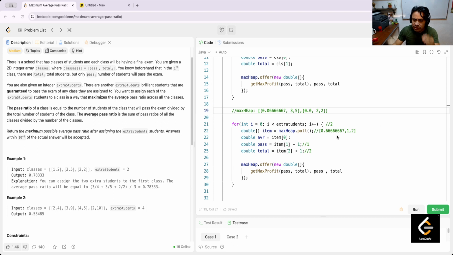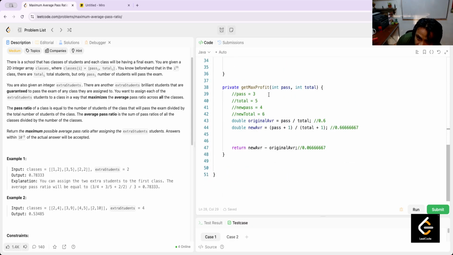In this case is 1, is 2 between 3, because this is 1 plus 1 is equal to 2, and this is 3. The result, get max profit, in this case receive 2, 3. This is 3, 4,